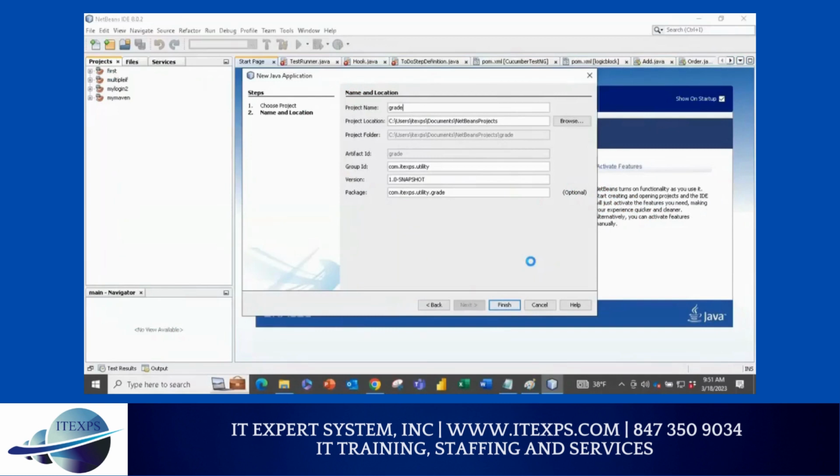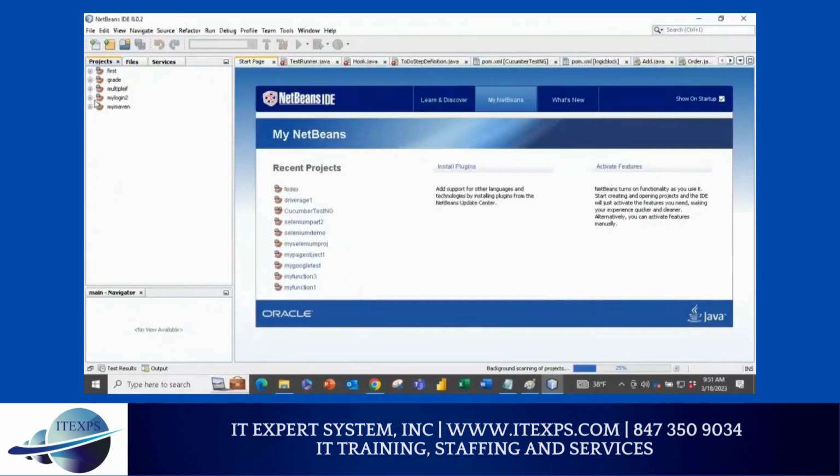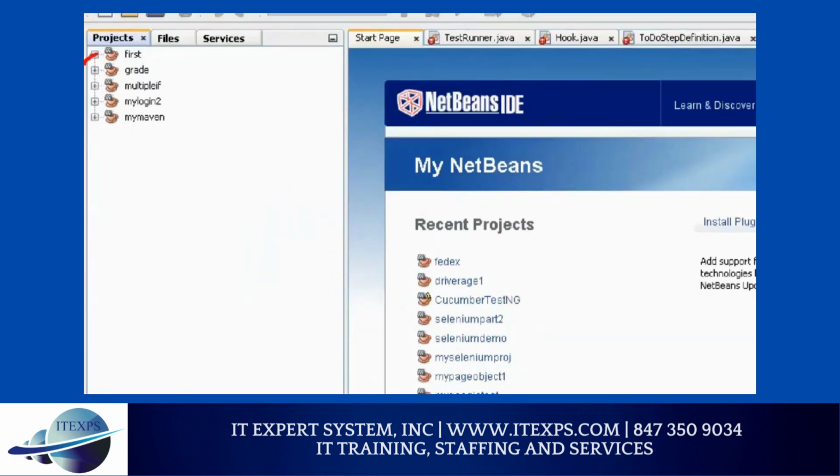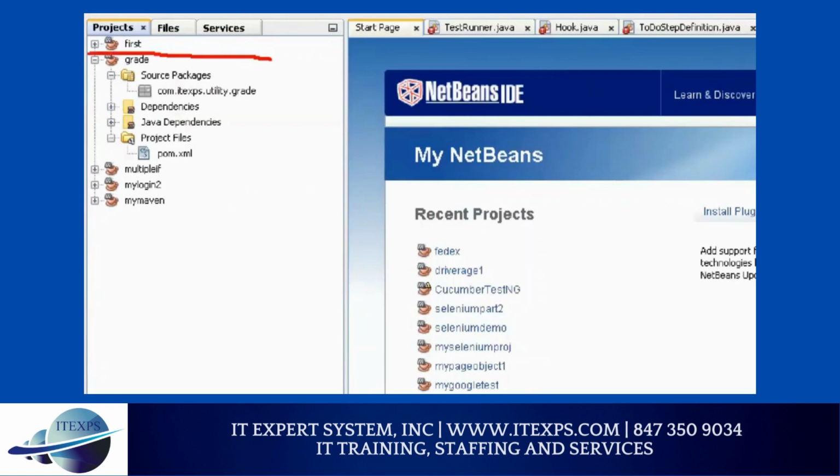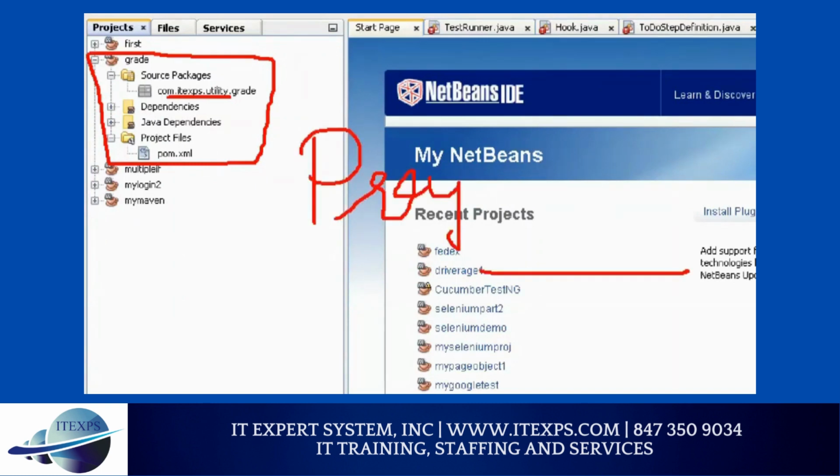Now at this moment, I will have my projects on the left side. You will see the grade project show up on the left side. You can expand the plus sign and see the project details. Got it? Now, when we start our project, we normally select the project in a package. We have already talked about it many times, but it's worth repeating: one project can have many packages and one package can have many programs. Make sense? So project, package, and program.